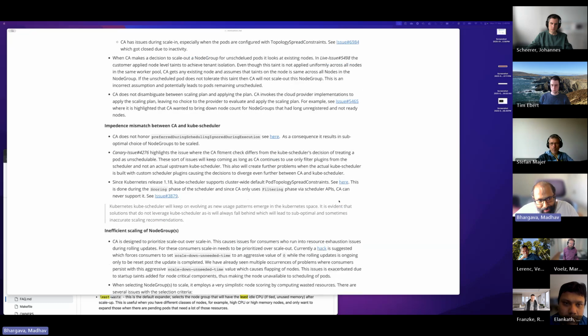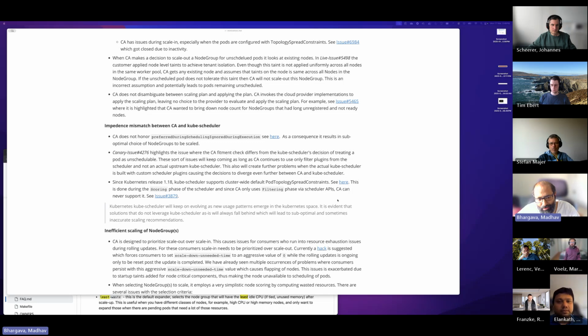Now, there's also a big problem with respect to an impedance mismatch between CA and the kube scheduler, and we have found several issues, only highlighting one of the top 3 issues that we have found. And you can say this is actually over and above the various design flaws and problematic issues. This is one of the prime motivators of making a new scaling advisor, recommender, or planner. So CA typically, so there are multiple phases of kube scheduler, and CA only uses the filter stage of the kube